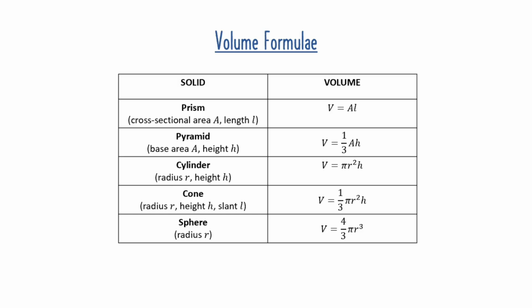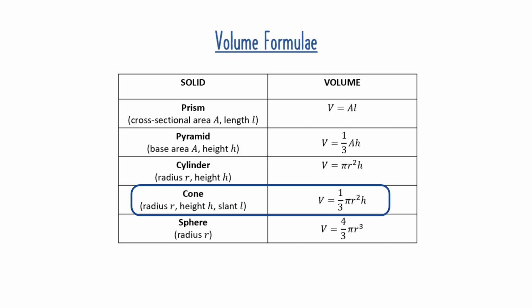Let's revise the formulas used to calculate volume. Let's look at the formulas for a prism. The volume is area of the cross-section, that's A, times the length L. A pyramid uses V equals a third times A times H, where A is the base area and H is the height. For a cylinder, the volume is V equals pi r squared times H, and for a cone, we